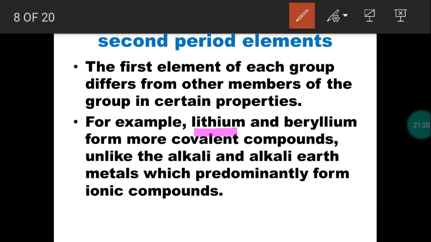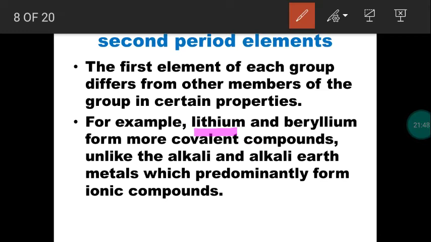So usually alkali metals or group 1 elements means we consider lithium, sodium, potassium, then cesium, francium, rubidium. So these are all considered as alkali metals or group 1 elements, right? So lithium is in group number 1. Properties of all these elements will be similar. Lithium, sodium, potassium, rubidium, cesium, francium, all these will have similar properties.